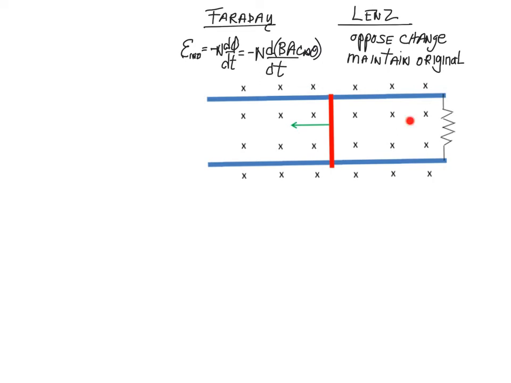So the induced current and EMF has to produce a field which opposes the increase or maintains the original. So that means that the current has to be clockwise,